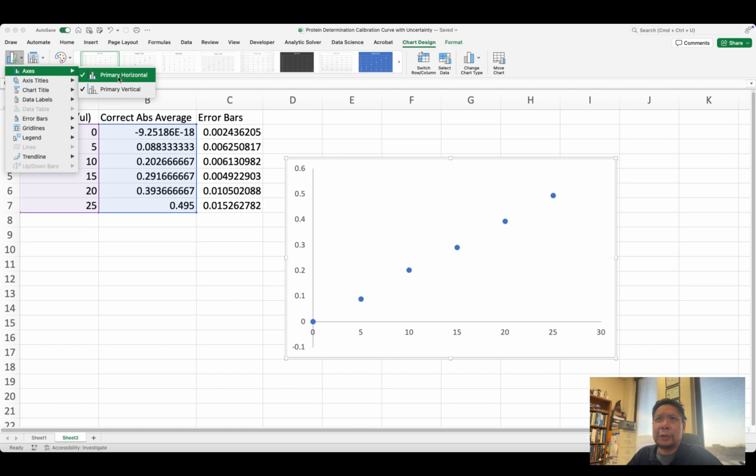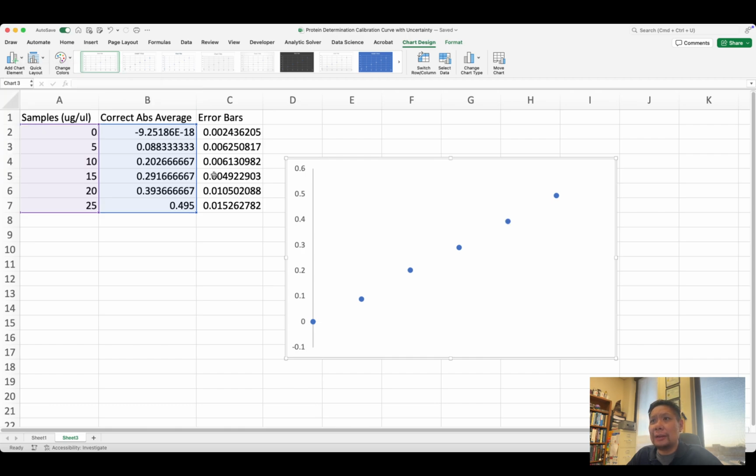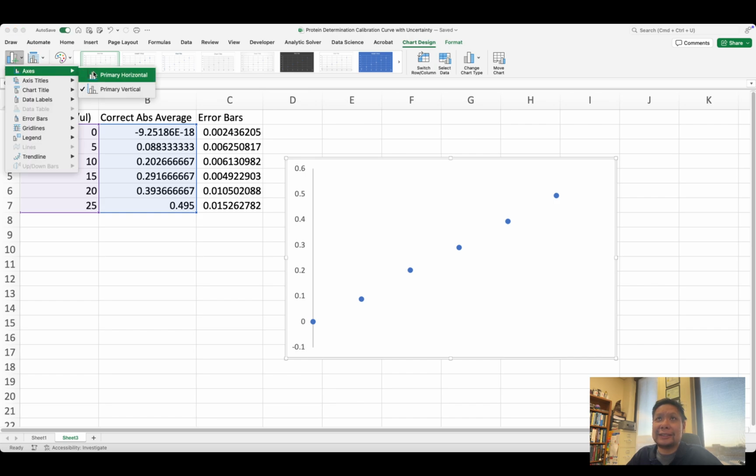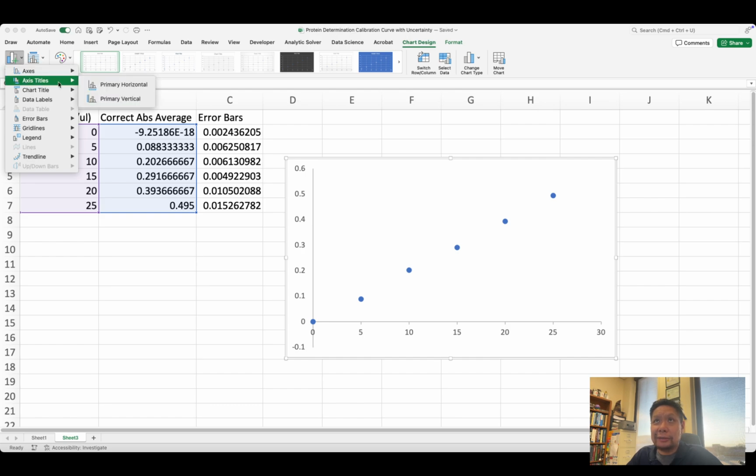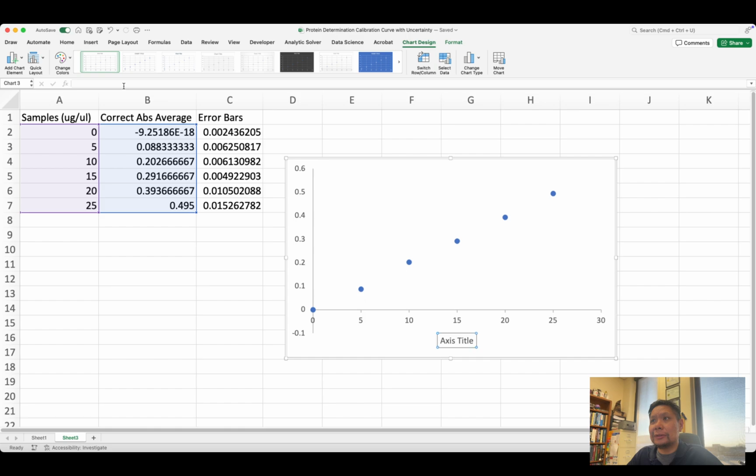On axes, you want to do your primary horizontal, and then, oh, actually, that's how to get rid of it. I apologize. Let me go back to axes, get that back again. I clicked on the wrong one. I meant to go to axes title. Now you click on primary horizontal, and now it gives you the little thing there to type in your stuff. So here we'll do